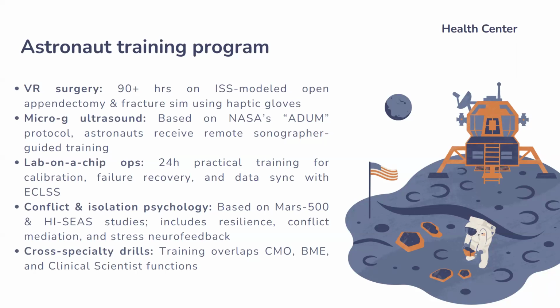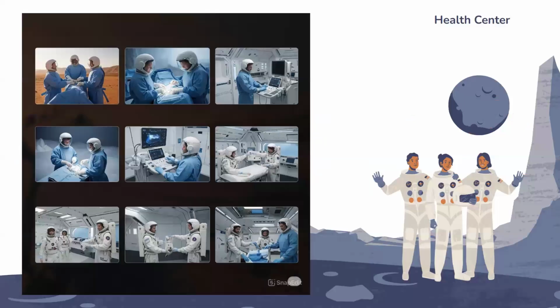At the end, we come to the cross-specialty emergency drills. These will simulate worst-case scenarios, like the CMO is injured, the BMO, the biomedical officer, is locked in quarantine, or maybe a lab fails mid-test. So these are the drills, so that the remaining team members can rotate into new roles under time pressure, proving the structure is not dependent on staffing but also shows resilience through redundancy.